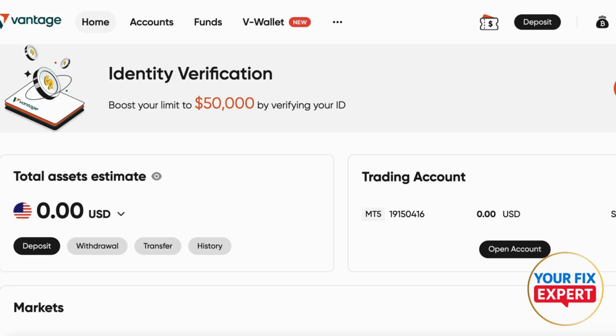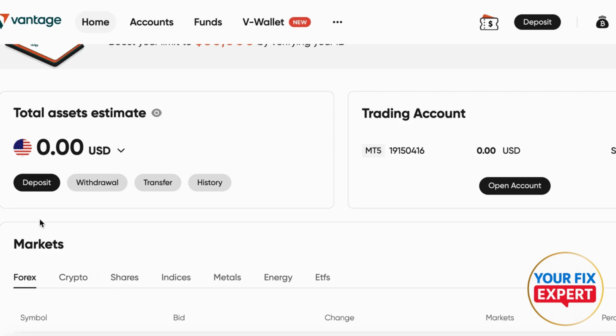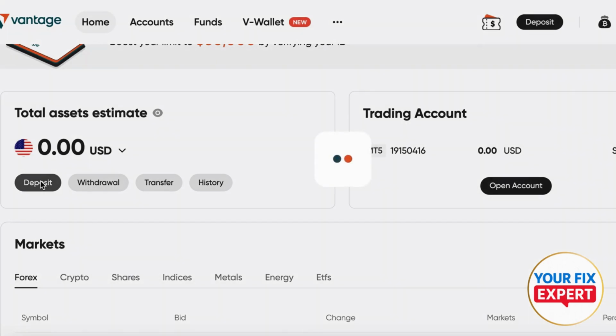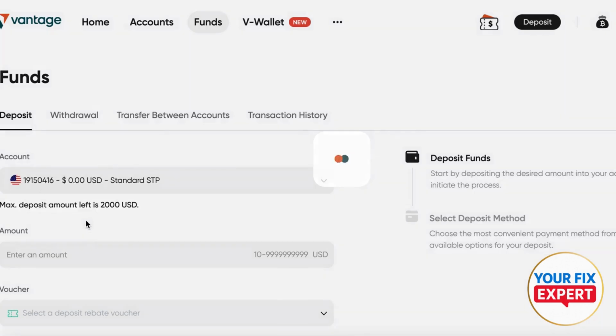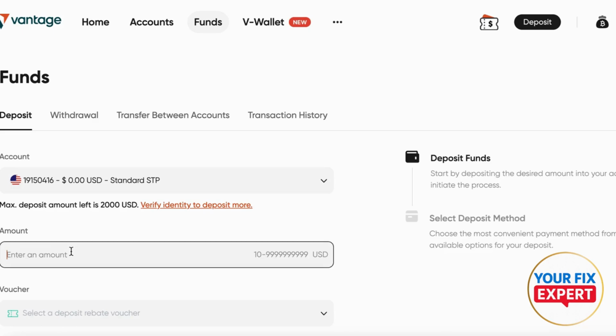So what you're gonna do, you're gonna just go ahead and log in using your account. You're gonna see your page, your profile right there. And what I'm gonna do, I'm gonna just hit deposit. Alright? And start by depositing the desired amount into your account to initiate the process. Enter the amount